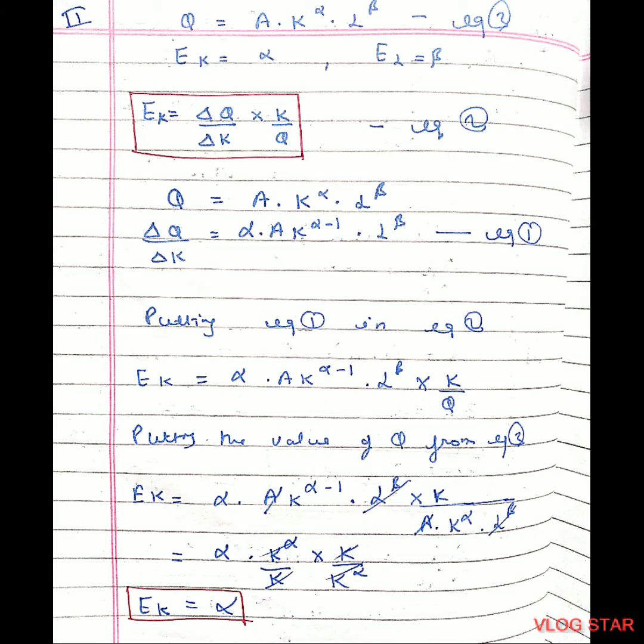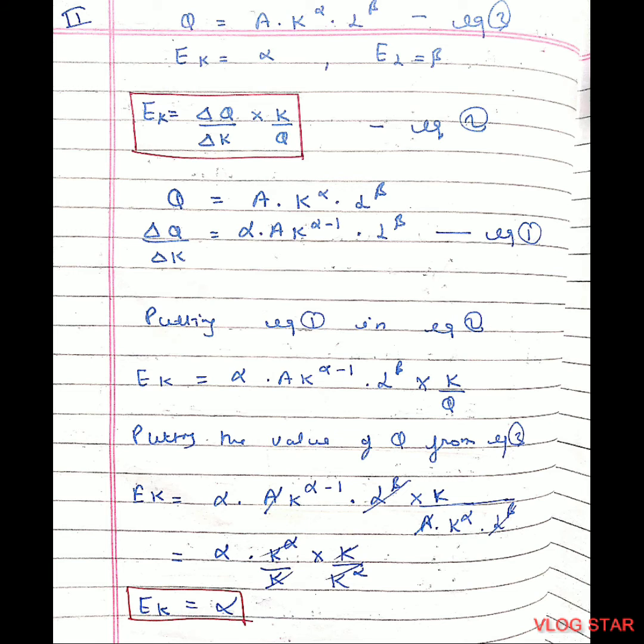So now let's understand how the elasticity of the factor is equal to the constant. First of all, you must know what is elasticity of capital. We can say elasticity of capital is the change in output due to the change in capital. And in the same manner, elasticity of labor would be change in output due to the change in labor. Now first thing, you must know the formula of elasticity of capital, that is equal to delta Q upon delta K multiplied by K upon Q. Putting this as equation 1.